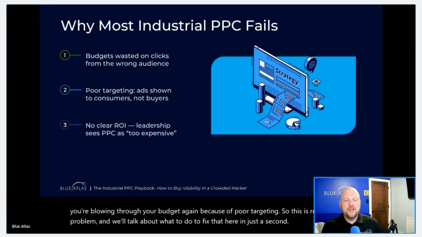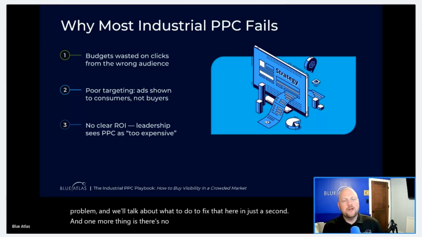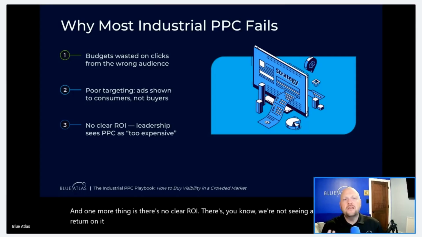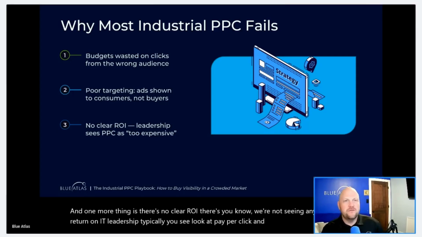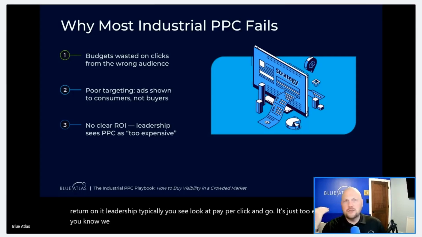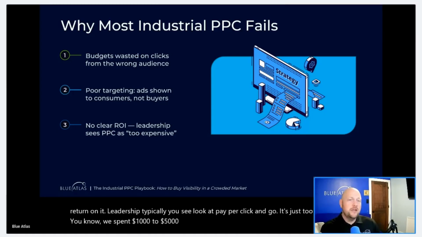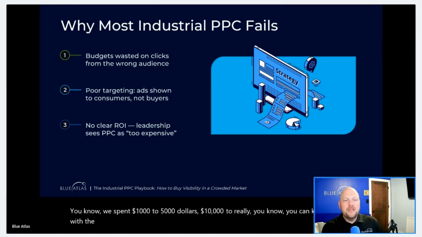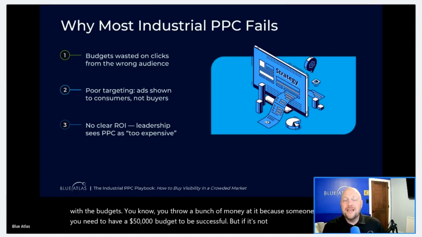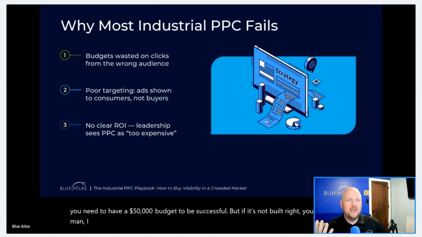And one more thing is there's no clear ROI. We're not seeing any kind of return on it. Leadership, typically, look at pay-per-click and go, it's just too expensive. We spent $1,000 to $5,000, $10,000 to really, and you can keep going with the budgets. You throw a bunch of money at it because someone says, well, you need to have a $50,000 budget to be successful. But if it's not built right, you're gonna go, man, I spent $50,000, and what kind of return